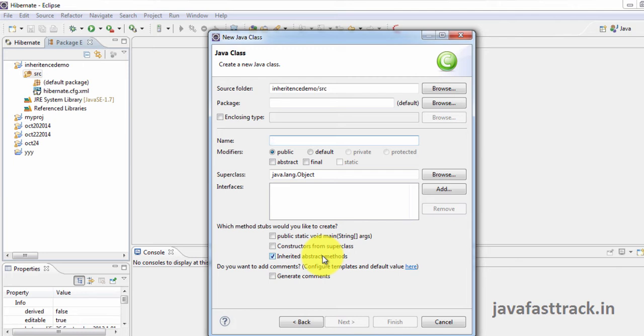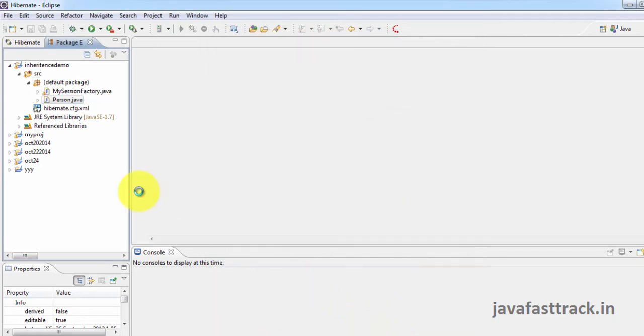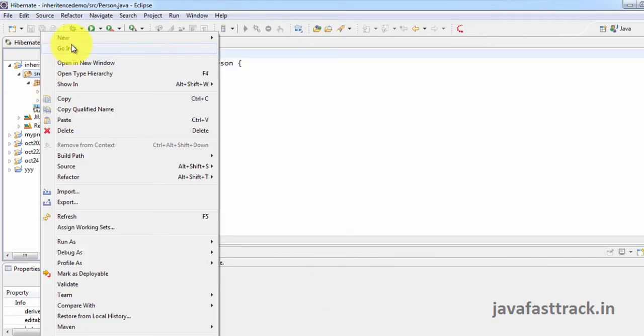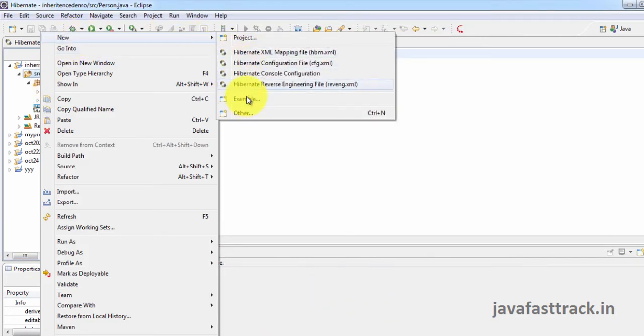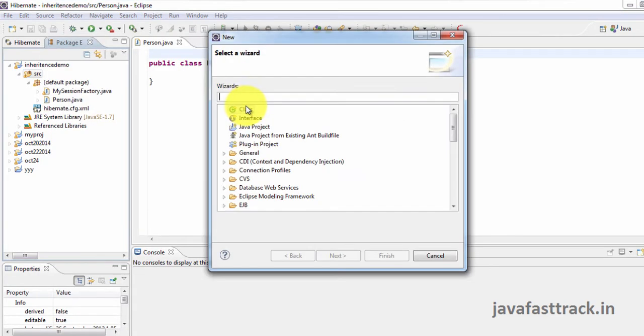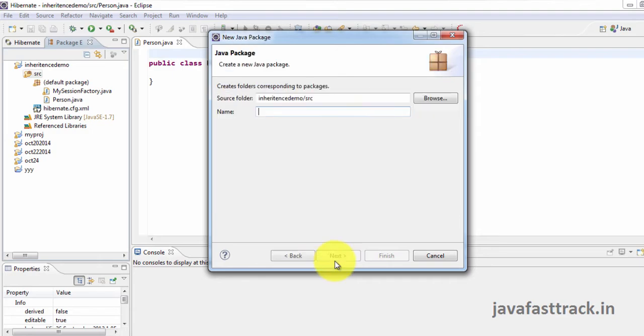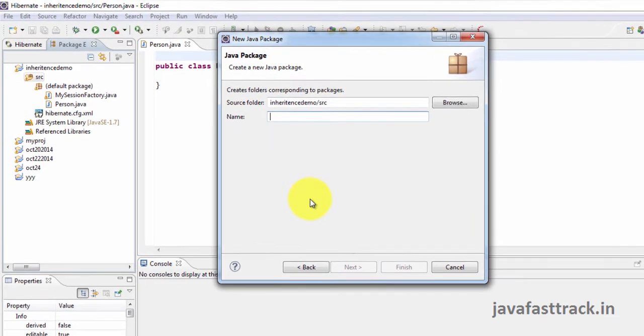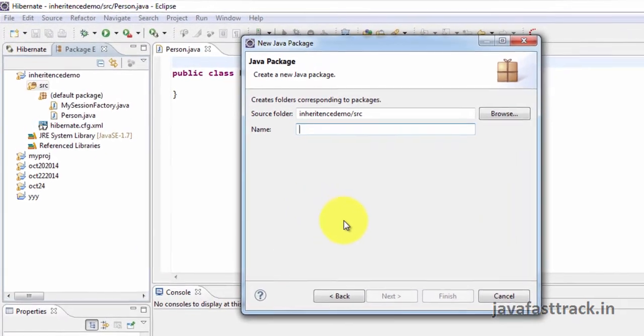First I write the person class, that's a super class. I'll keep all these files in a package. It's not necessary to keep the things in a package, but still I'll keep it in a package called inheritance demo package.